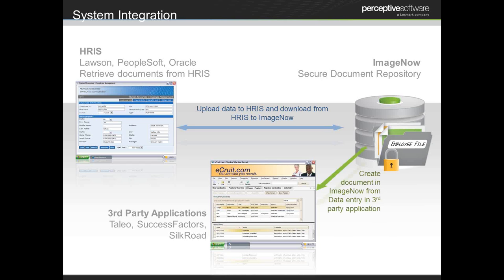So if I use Silk Road Red Carpet to onboard my employees, at the end of that process, I have a really complete onboarding file for that employee, but it's now separate from what I might have for their recruiting process and separate from all the performance reviews I'll have going forward. So storing that in ImageNow gives you one place to look when you're ready to find the information you need